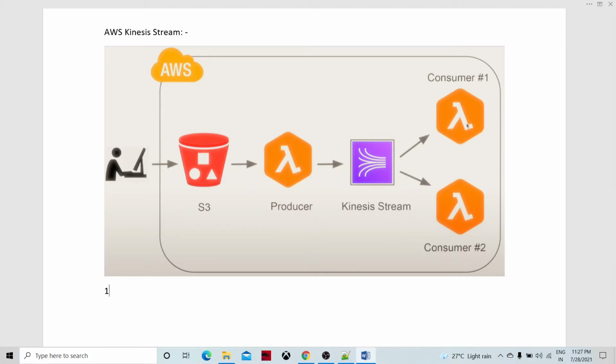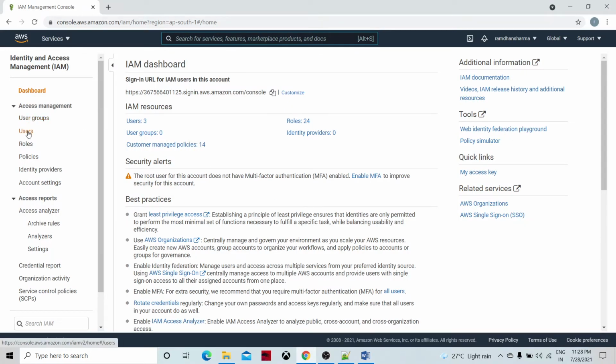There are different steps. The first step is we need to create an IAM role, because these things are happening among different AWS services. The Lambda service needs to have some Identity and Access Management role to access the S3 bucket and the Kinesis stream. So we are going to create the IAM role first, so let's hook up to the Amazon Management Console and create the IAM role, which is required for this process.